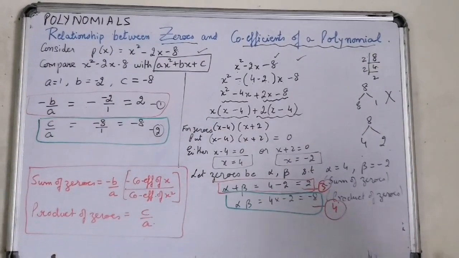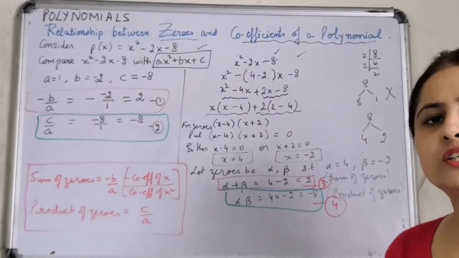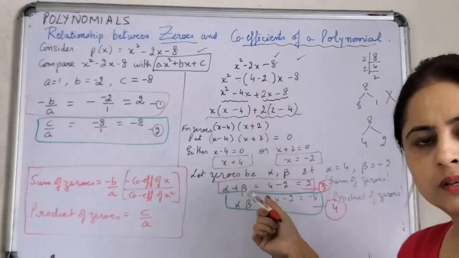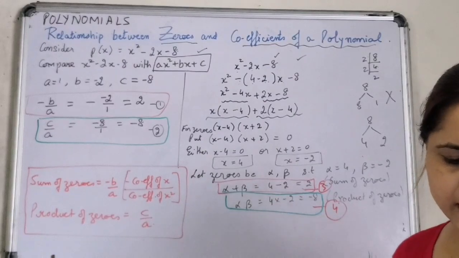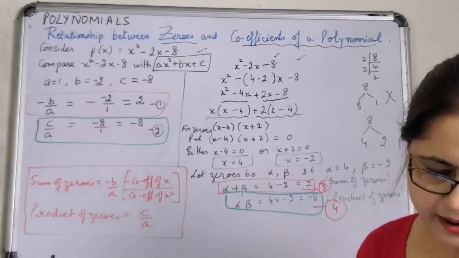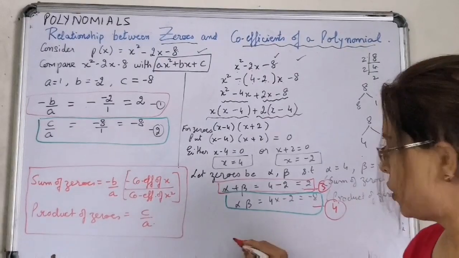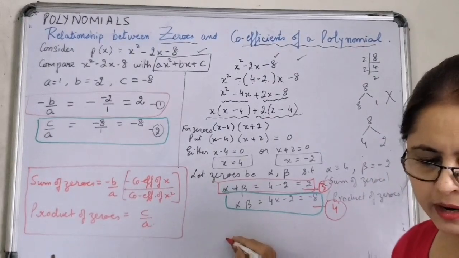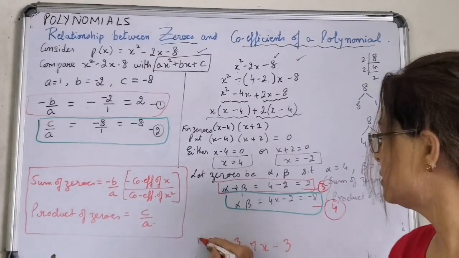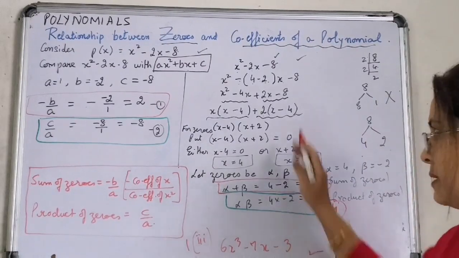Likewise, you have other polynomials in exercise 2.2 where the factorization has to be done in different ways. I've done one example in which splitting of the middle term was to be done, and you can do likewise. Questions of exercise 1, part 2, part 3 and part 6 you can do yourself. Mind you, in part 3, do not forget to rearrange the polynomial. It should be 6x cube minus 7x minus 3. I am talking about the third part of the first question. After that, you can start with the steps that I have taken up in this question.